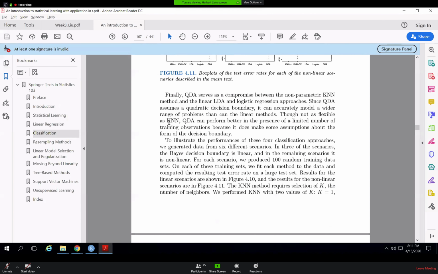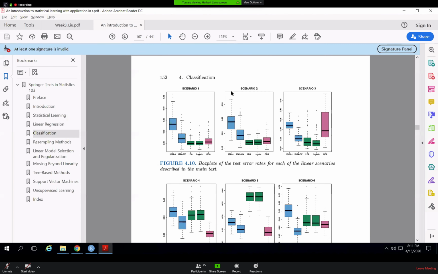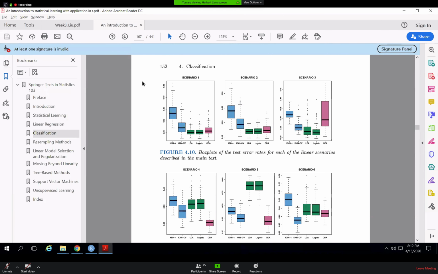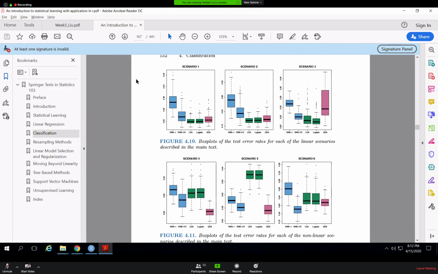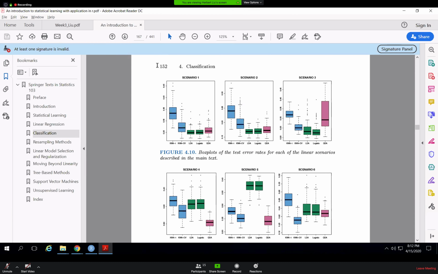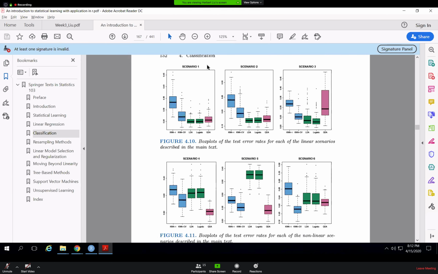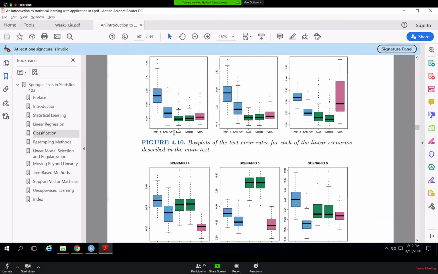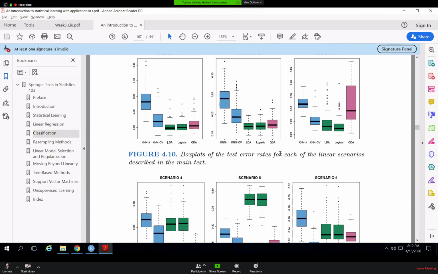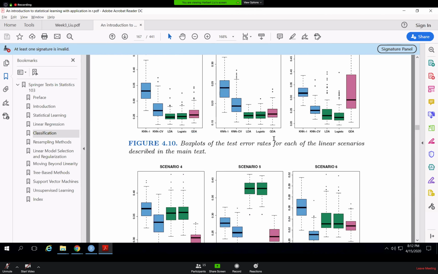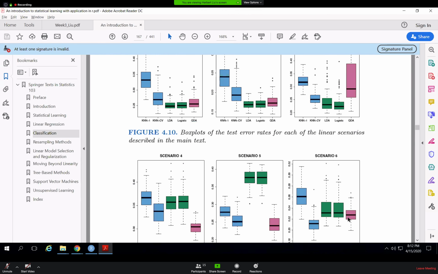Here's the graph. Make sure you do go over these graphs in detail after class. This one is page 152 in chapter 4. It gives you the comparison between each kind of method. Here, the KNN-CV represents cross-validation. And then you can see QDA can perform better than other cases in some